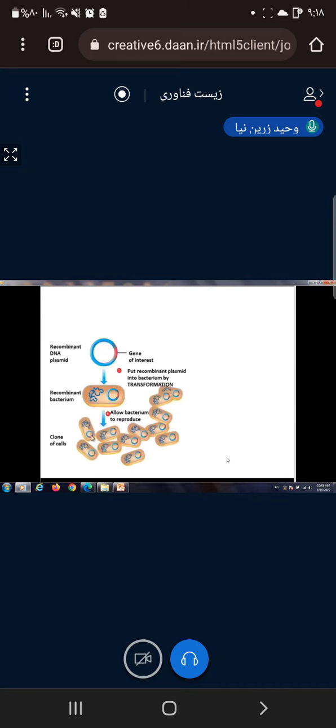And in a matter of days, we'll have millions and millions of identical bacteria, all of them with this recombinant plasmid that contains the gene for human insulin. So we're going to let these bacteria produce human insulin. And then what we're going to do